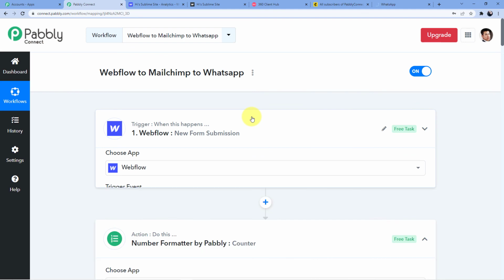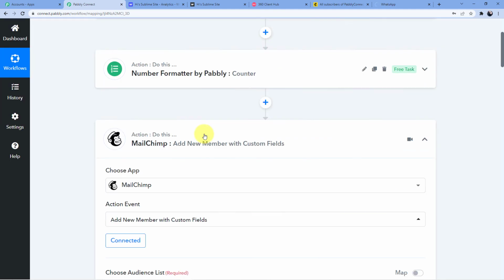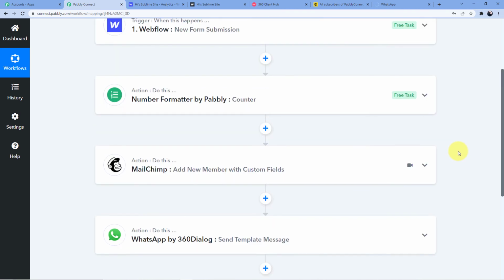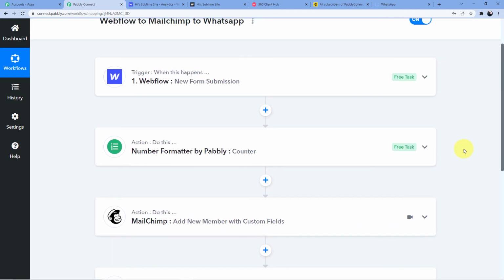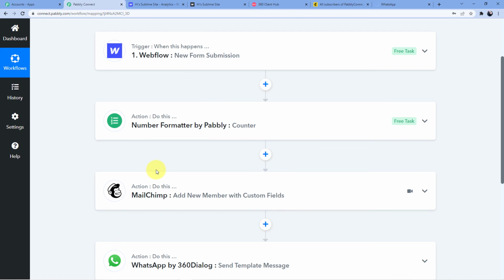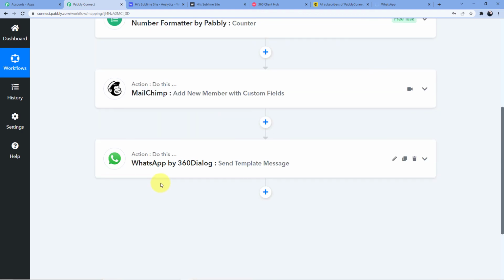Now what you can do is you can use this workflow in your business or in your personal life, and you will know what kind of form submission are you having and how many form submissions did you have till now. From first form till last form, you will know about the numbers of form and also about the numbers of subscriber in your MailChimp, and also new subscriber will be added to your MailChimp account, as well as new form submission will also give you form submission count number on your WhatsApp.